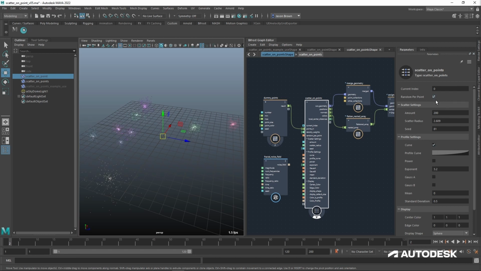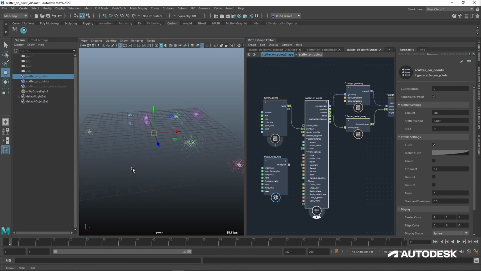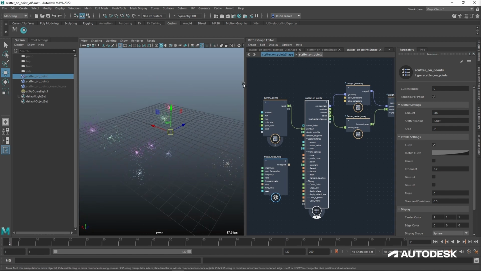But if you turn this on, then you're going to get a random each time, which is great, especially if you want to start doing some things like scattering. So I don't need to go through the interface with you. Really, all I need to do is show you how to make something with it. Because everything else is the same, including